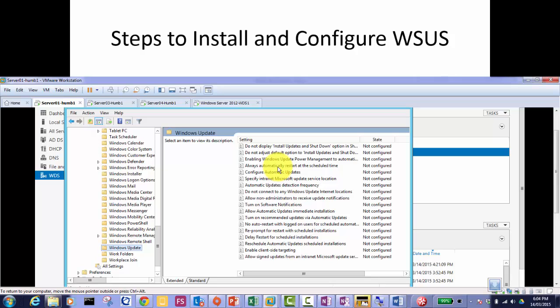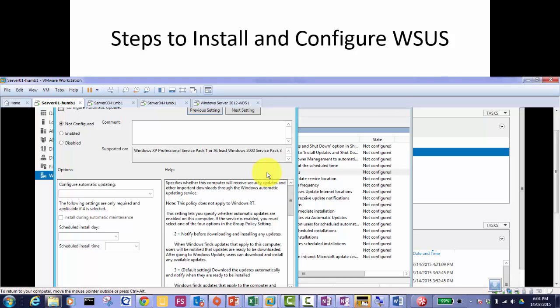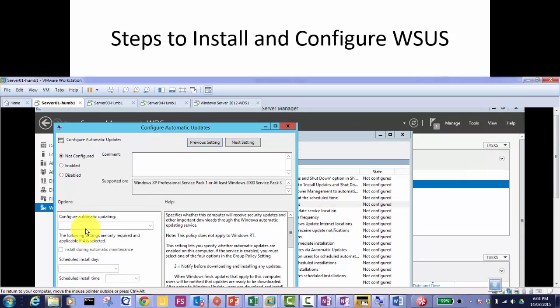Hmm? You're applying from the domain. Yeah, which is not recommended, but I don't have an OU, or I should have created another OU and put those computers there. So now I'm covering all the computers, right? So you are teaching us the wrong. No. Okay, first update I'm configuring here according to the slide is